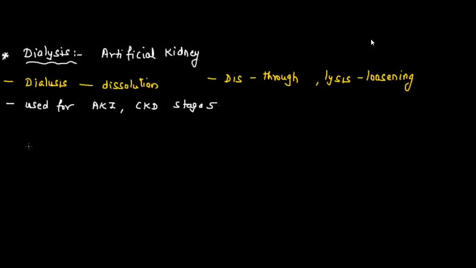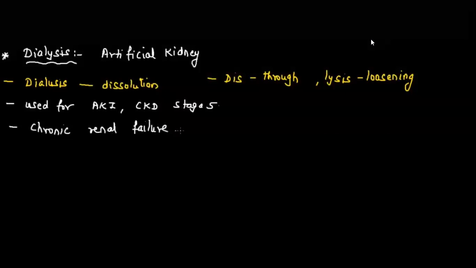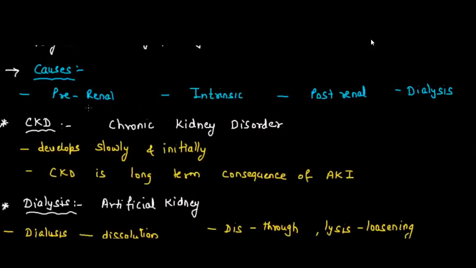If he is not undergoing dialysis, then he can die. So it is chronic renal failure that is responsible for kidney failure, kidney disease. For all those things, dialysis has to be done. So we will talk about dialysis